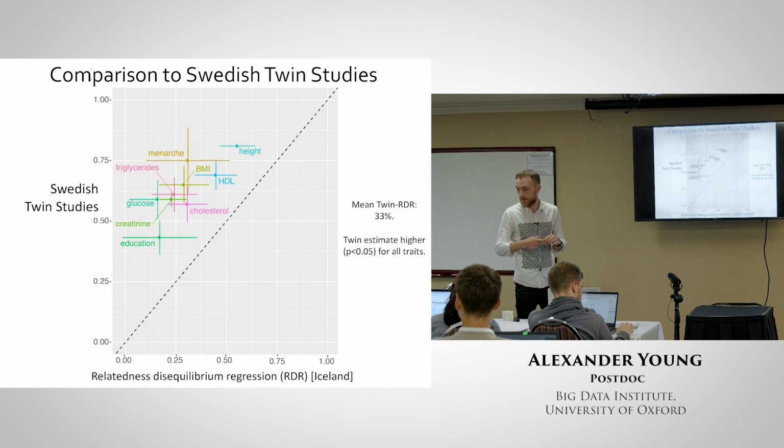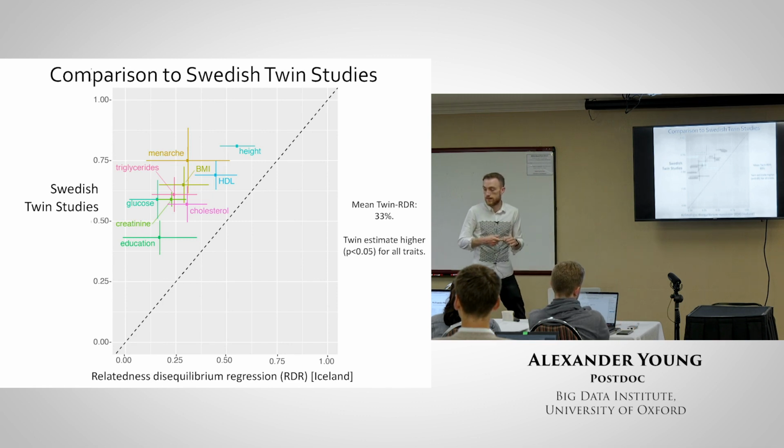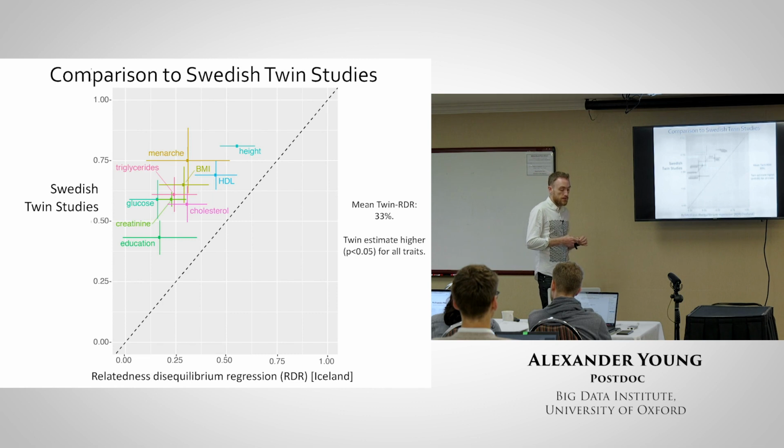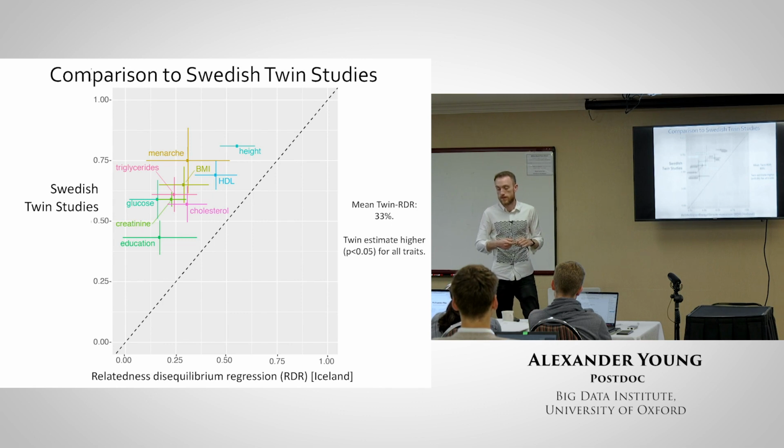Yeah. So if we think that there were non-additive genetic effects, then the twin studies are estimating some mixture between the narrow and the broad sense heritabilities. Is RDR estimating the same mixture? No, RDR basically just estimates the additive components. I did simulations with epistasis and dominance, and it picks up a tiny fraction of it, but not much.